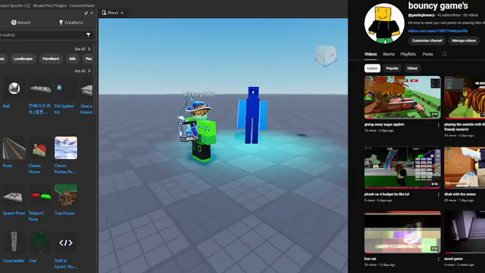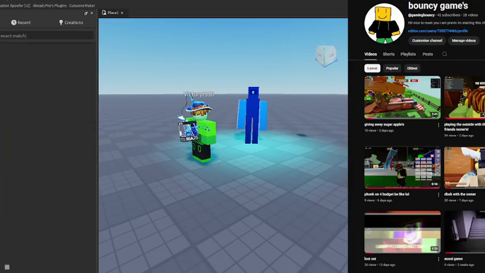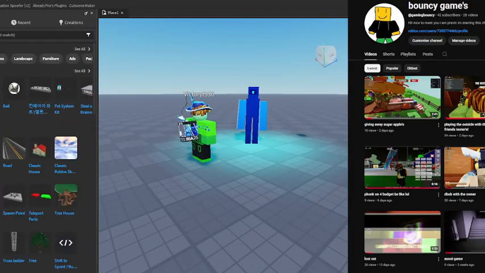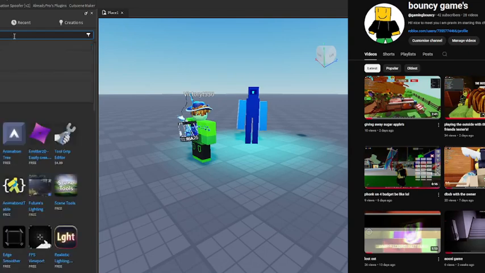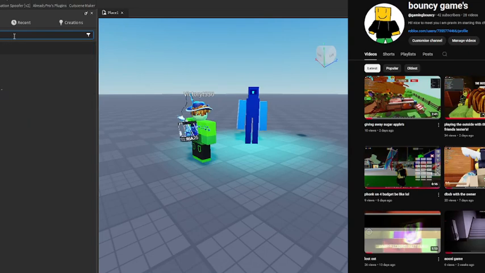Also, if you want to add a rig and you don't know how, just search load character. So you will find some tools, but this costs Robux, too much money, so you can just use the light version. It's free and available. It's also like the same, but alright, I guess.